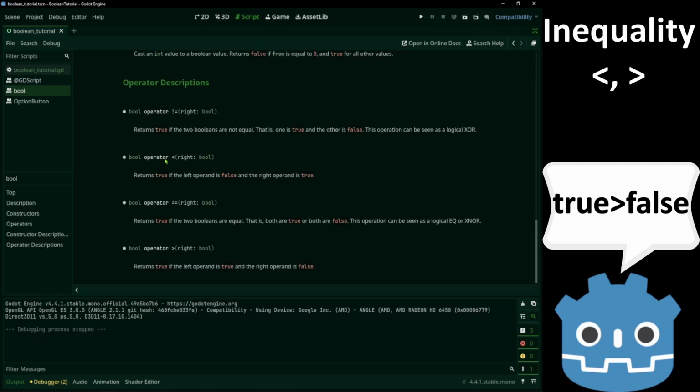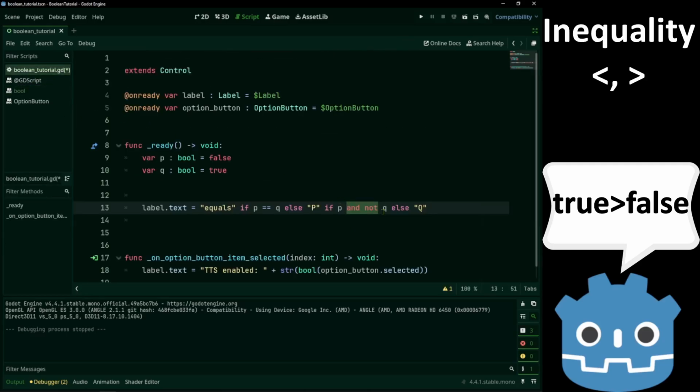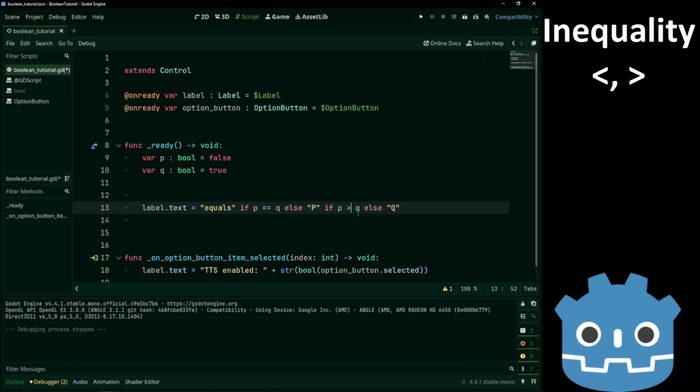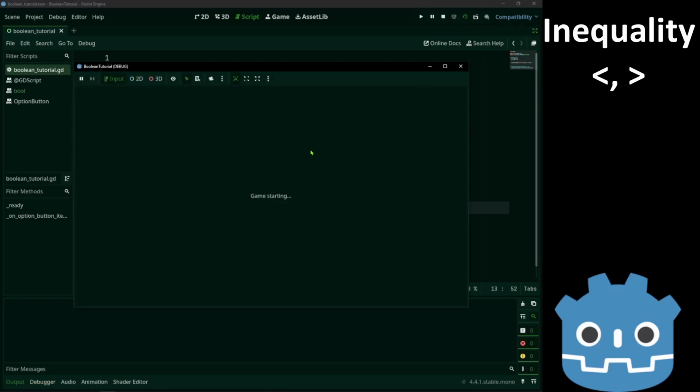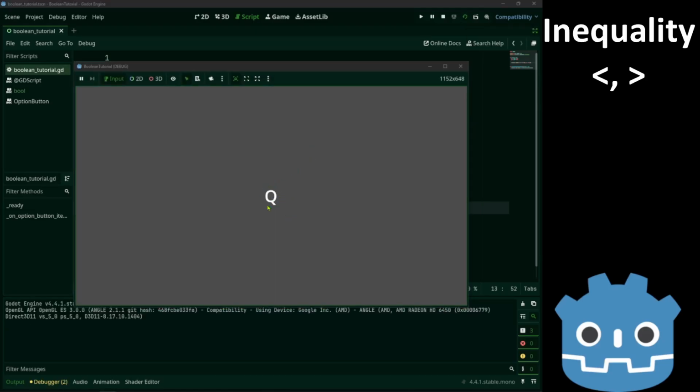For this operator, imagine that true is always greater than false. So we can replace this with P greater than Q. It's the same thing. If we run it, same results.